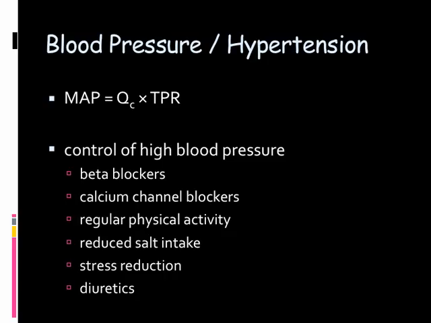Why? Well, the explanation is that salt in the diet gets into the blood. Salt in the blood increases the osmolarity of the blood, meaning it draws fluid into the blood, so it increases the blood volume. If you've got more blood volume, then just in and of itself, more blood in your vessels is going to increase the pressure. And it also contributes to a greater central venous pressure and Frank Starling mechanism, so an increased